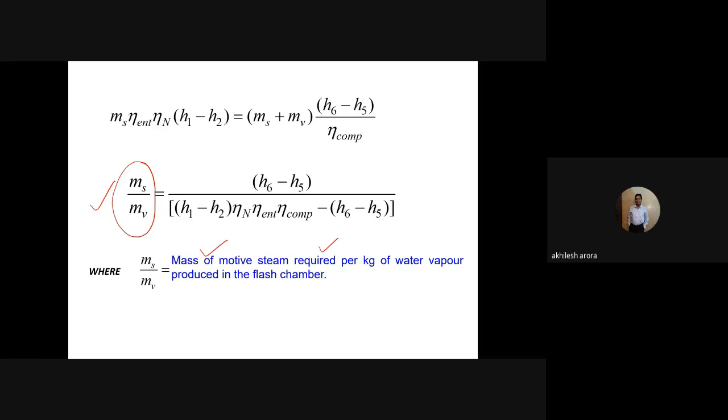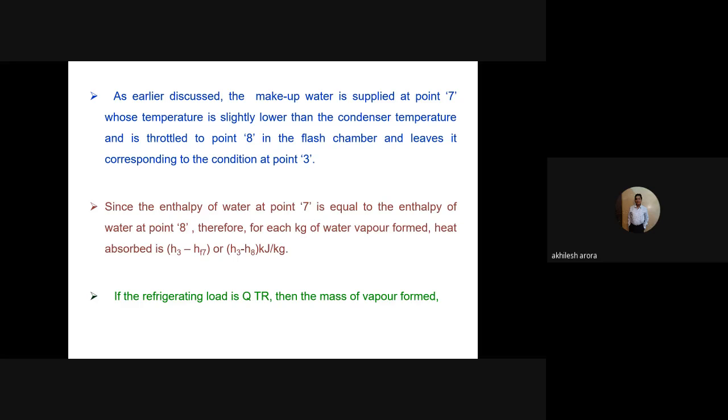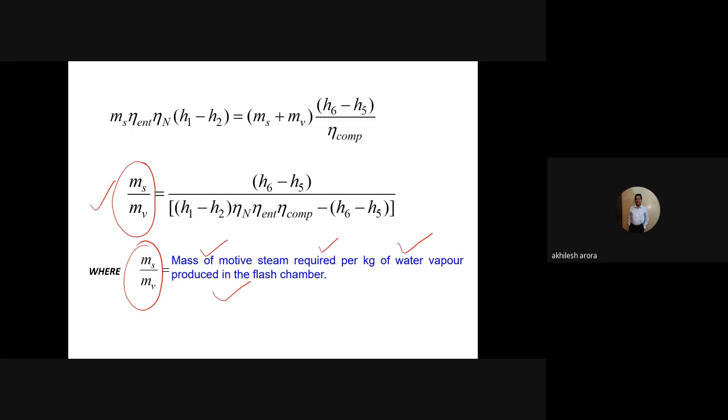steam required per kg of the water vapor produced in the flash chamber। ओके, मुझे पता तो होना ही चाहिए कि मुझे कितनी स्टीम चाहिए यूनिट मास के लिए, ताकि अगर लोड वेरी करे तो मैं अकॉर्डिंगली स्टीम का मास वेरी कर सकूं। तो उसी के लिए ये डेरिवेशन की जरूरत थी। ओके, ये हो गया अब हमारे पास। आई होप दिस इज क्लियर। इफ इट इज नॉट क्लियर यू आस्क मी।